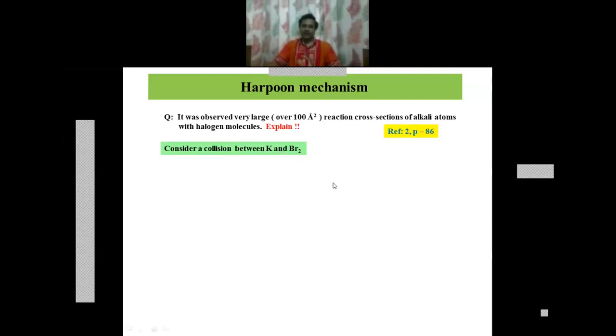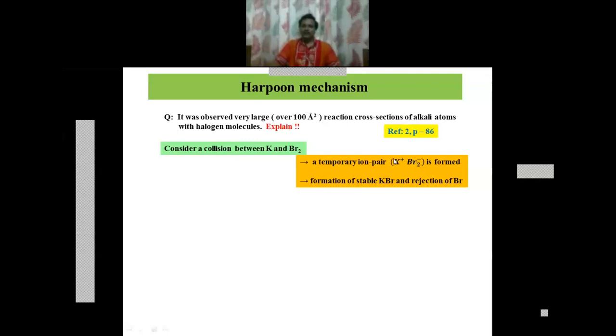But in between, what happens is that it forms a temporary ion pair, K plus and Br2 minus, and because of this there is a Coulomb interaction,